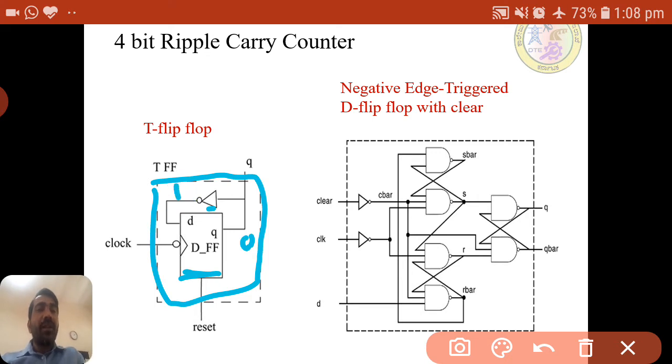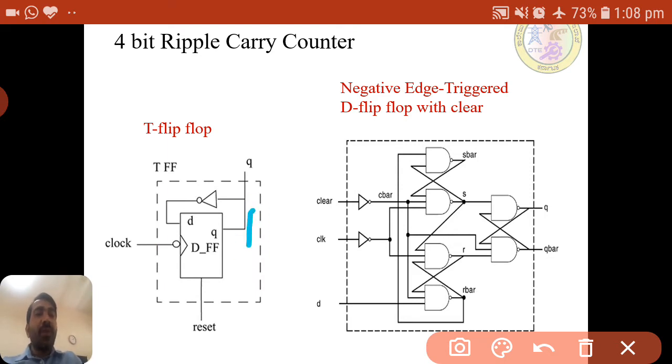Through the NOT gate it will become 1. In the next clock pulse, as the input is 1, the D flip flop output will be 1; earlier it was 0, and in the next clock pulse it is 1. Again, if the input is 1 it will become 0, and as it is 0, the output will become 0, and the next clock pulse it will toggle again.